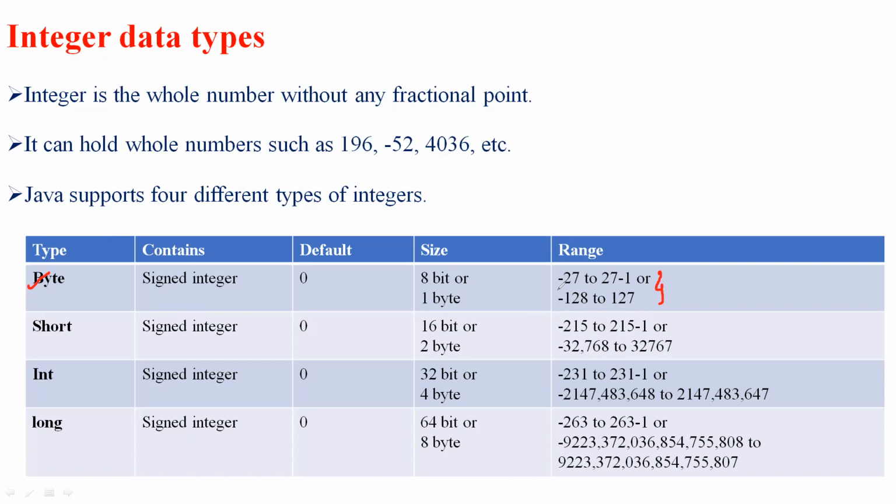So this data type byte can store the whole numbers from the range -128 to 127. This can be used instead of int or other integer types in order to save memory. Instead of int, if I use byte, it also specifies the integer type of memory, but it is specified in terms of byte.